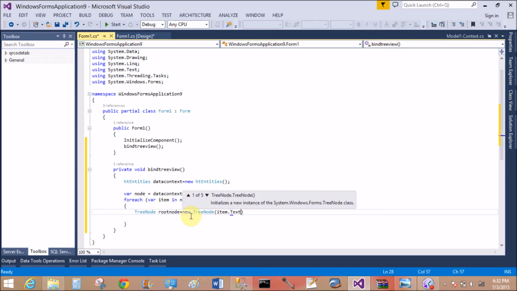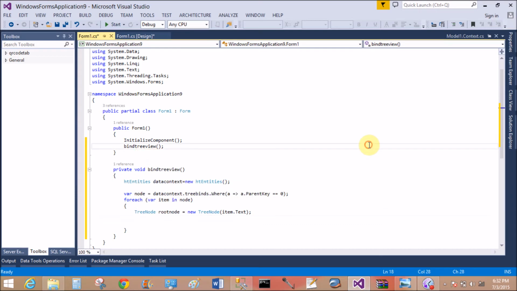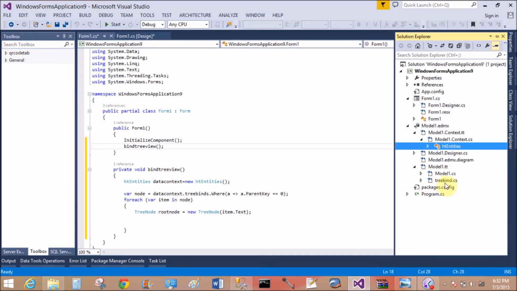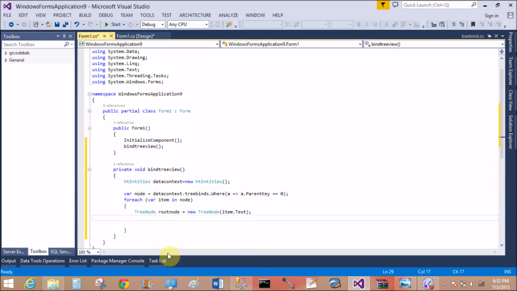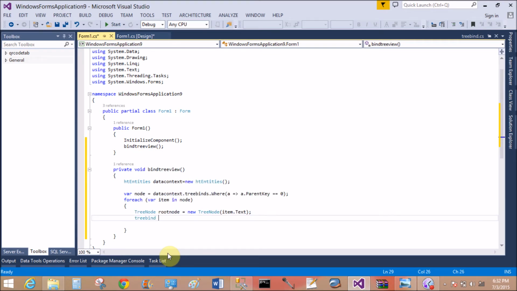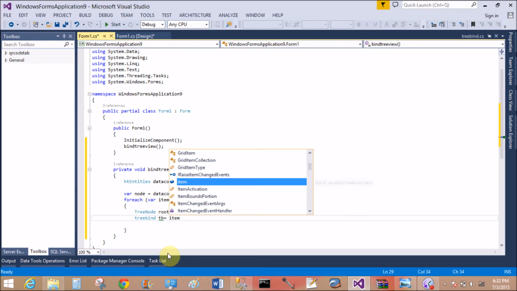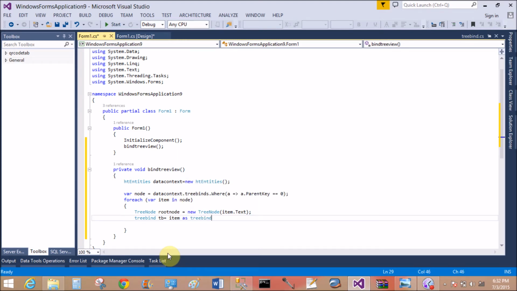assign the item dot text, that is the text, that is the root node, assign in the root node. Now use the data context class, that is tree bind, okay. Tree bind is a class, tb equals to item as tree bind,